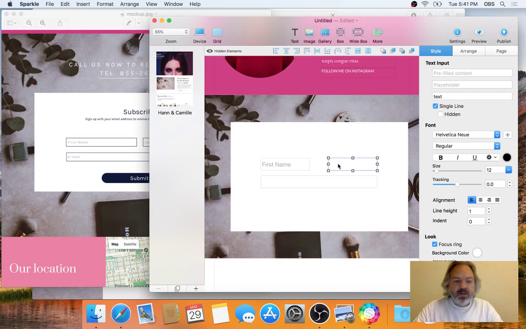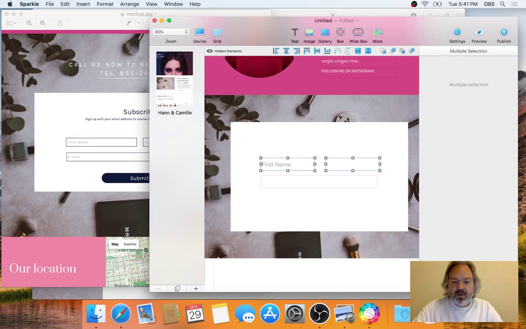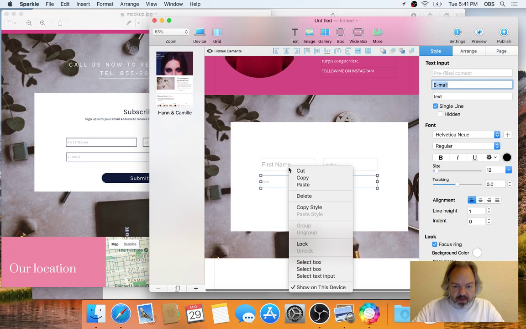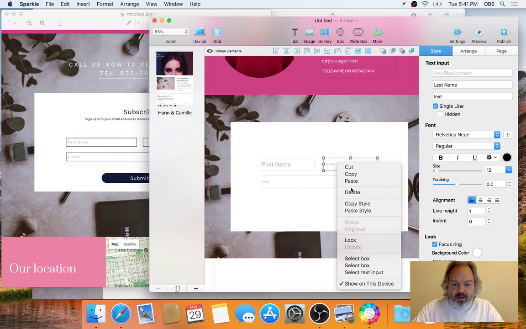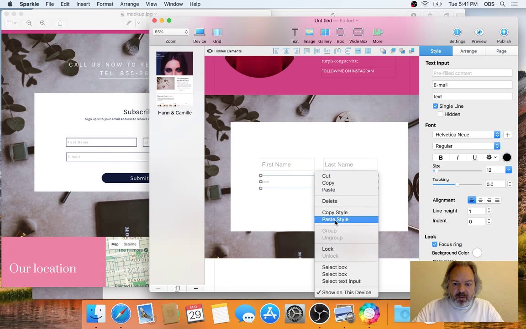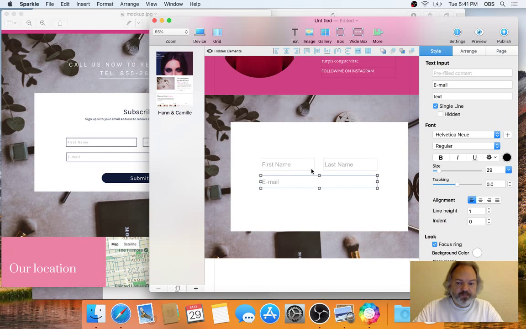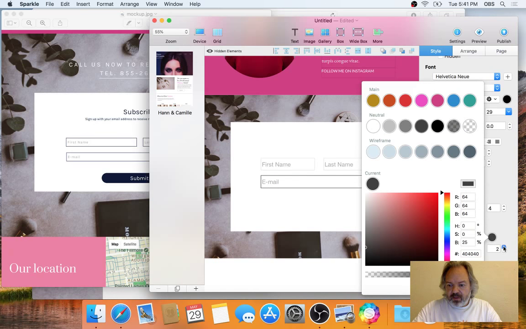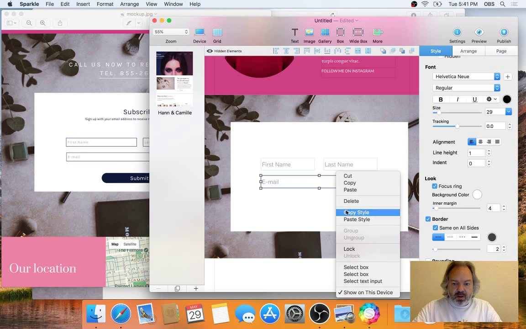This is the last name here. Let's make these slightly closer, same size, like that, and last name. So this will be the email. The best way here is to copy style and paste style here, so I have the same placeholder text size. Actually, these have a slightly bigger border and blacker, so pick that, make it 2 pixels, and